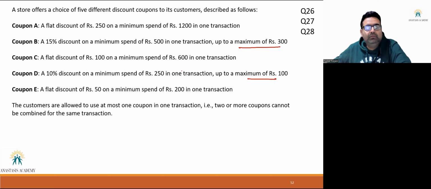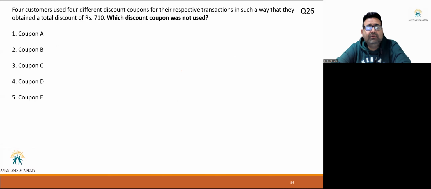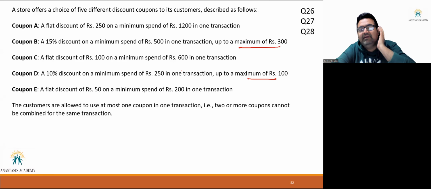Now, there is another data given at the bottom. The customers are allowed to use at most one coupon in one transaction. 2 or more coupons cannot be used in the same transaction. Okay. Let's look at the questions so that we know what approach we need to find out in these 3 questions, right? For customers, 4 customers used 4 coupons and got a total discount of 710. So which was the 5th coupon which we didn't use? So we have to see which 4 coupons can give us a total of 710,